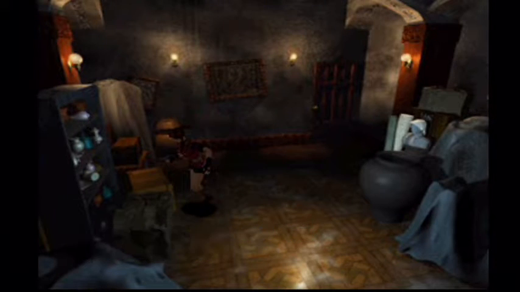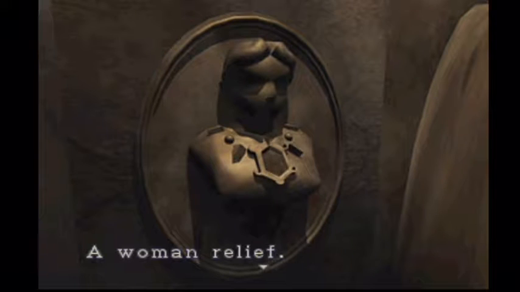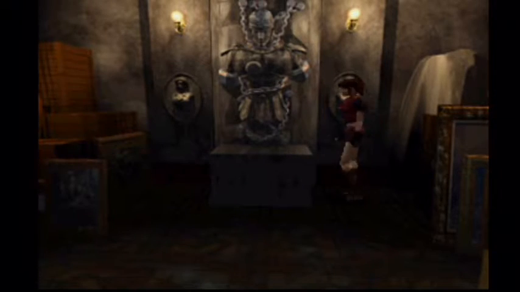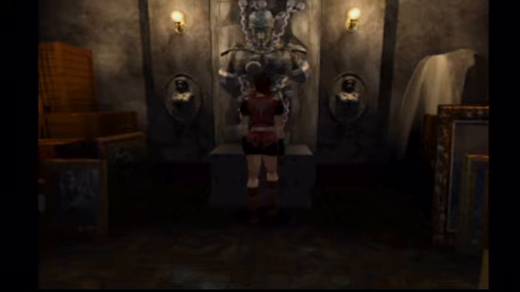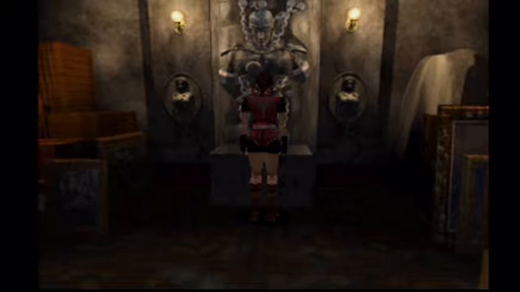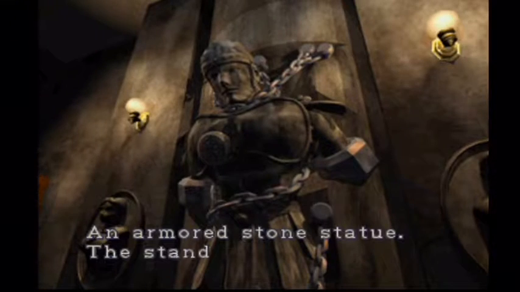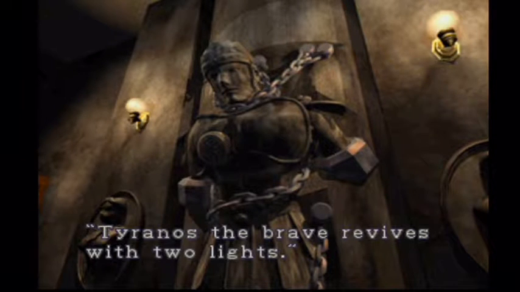Nothing's useful on this shelf. A woman relief. There's a hole about the size of a fist. We have an item that's about the size of a fist. It's funny how item descriptions kind of give you little hints there. An armoured stone statue stands. The stand reads, Tyrannus the Brave